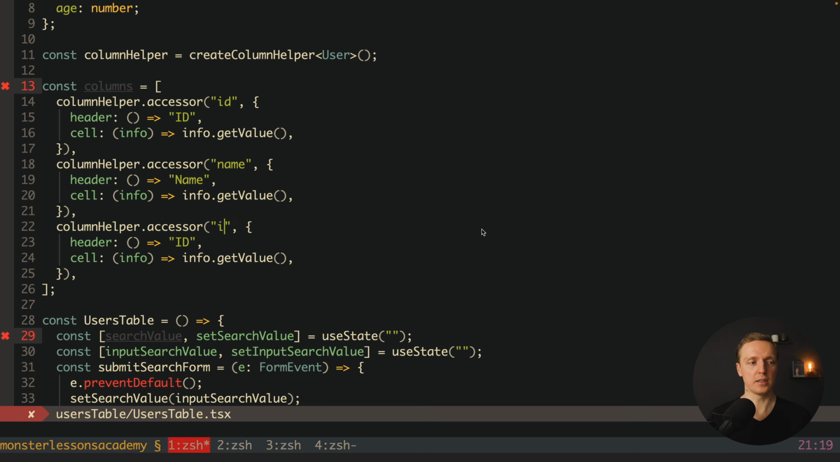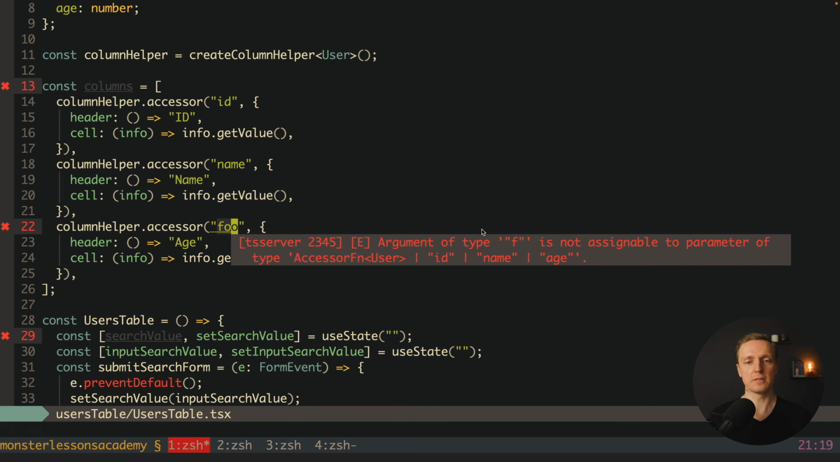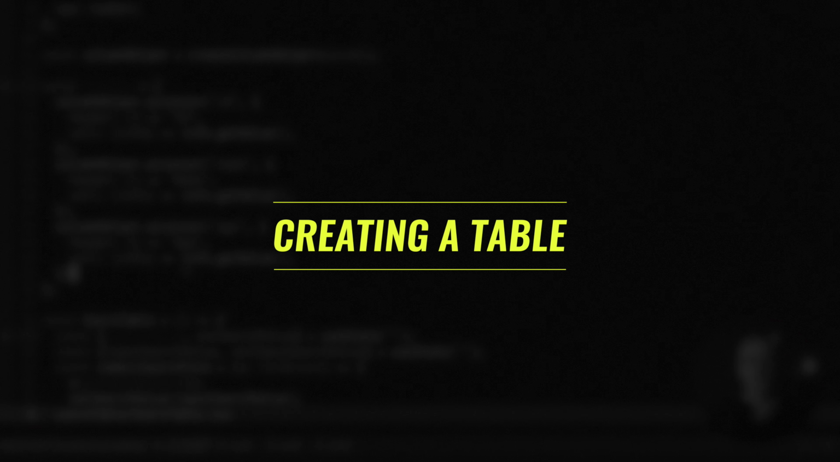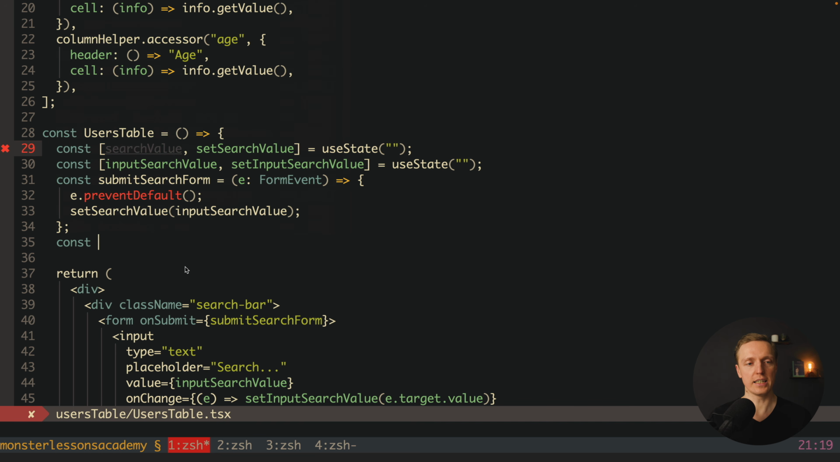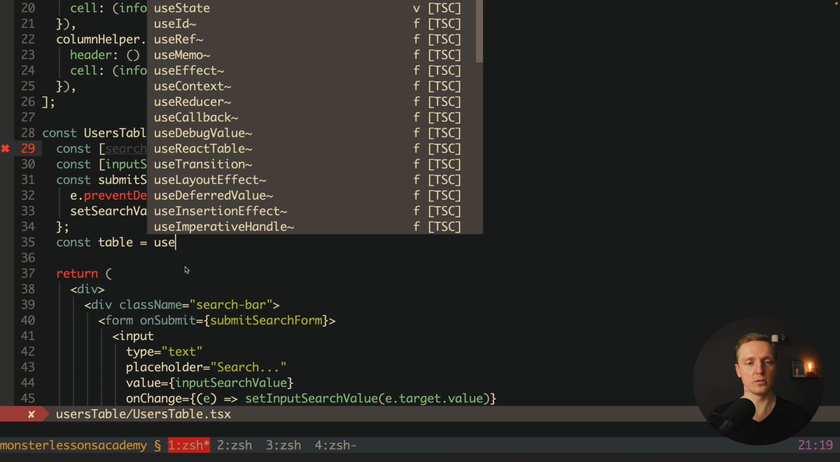And the last one here will be our age with header age. And obviously, if I write foo here, we will get an error that foo is not inside our user. Now we want to use a hook in order to create a table. So let's create our table by using useReactTable, and we must provide inside our options